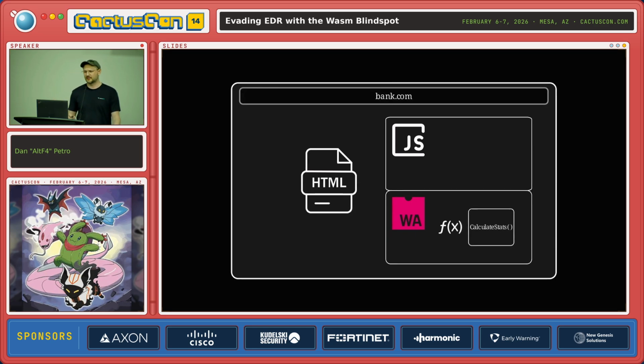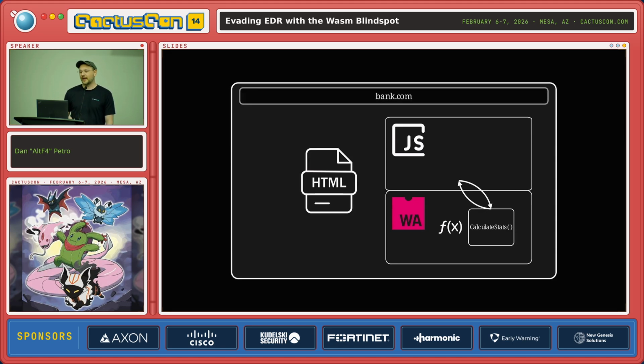So you can define some function in WebAssembly, something that is generally computationally expensive, like graphics rendering, or maybe you want to be doing matrix multiplications or something like that, right? Something that JavaScript is just too slow and bloated to do in a reasonable sense. So you say, I don't know, calculate stats or whatever. And then you can call this function from the JavaScript. So the page just operates like normal. You can write it in JavaScript, and you can take some chunks that are computationally expensive and write those